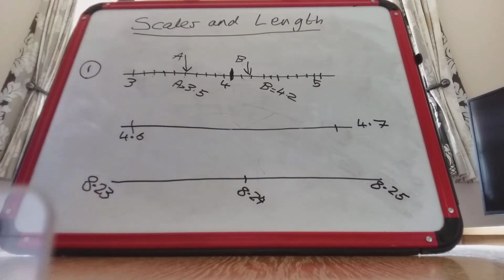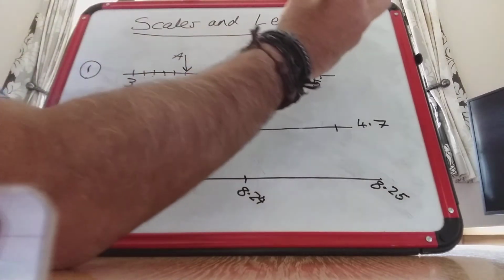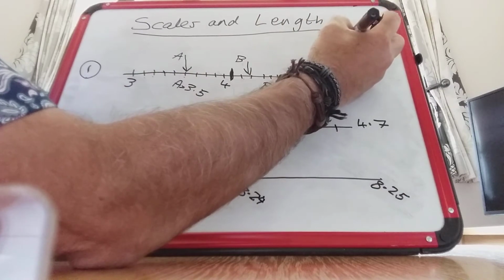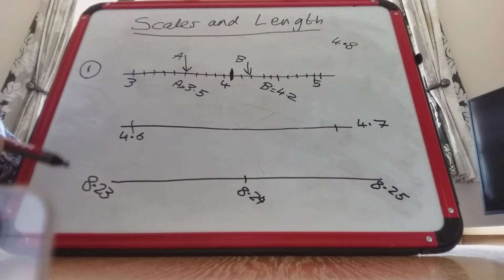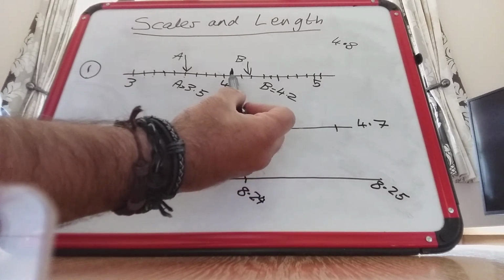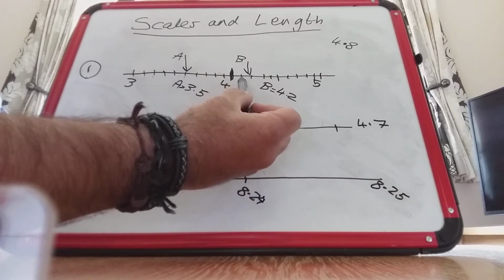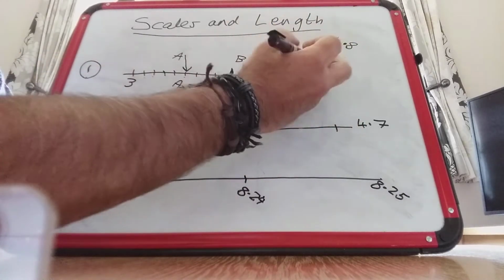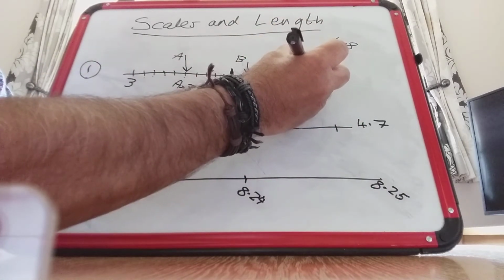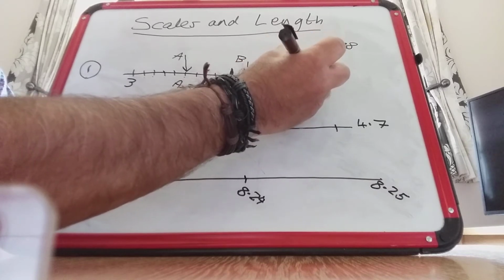But what they also might ask you to do is put an arrow in the right place. So they might say, put an arrow on 4.8. Okay, and that's not too bad because we can just go from here. This is 4, 4.1, 2, 3, 4, 5, 6, 7, 8. So this arrow here, that would be